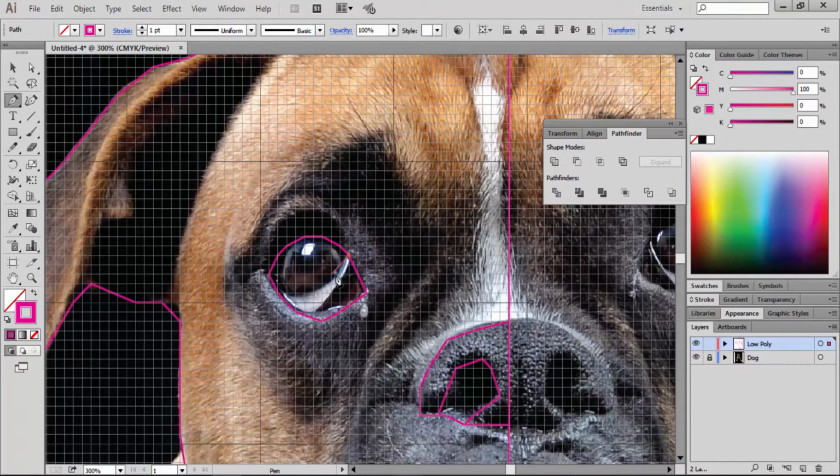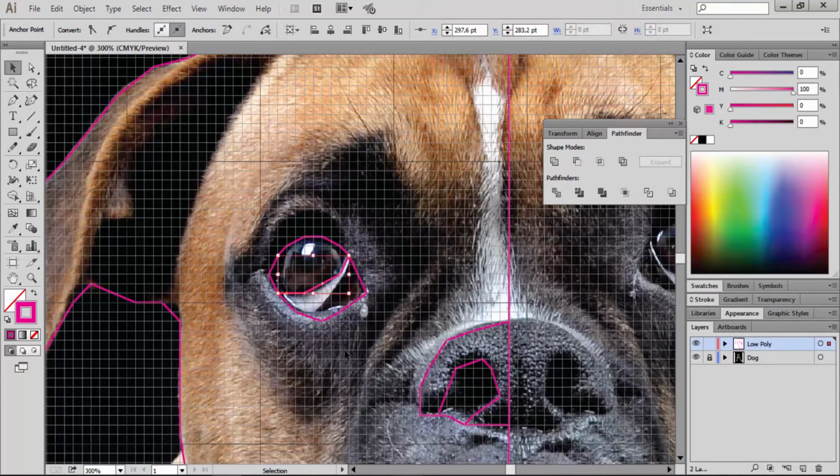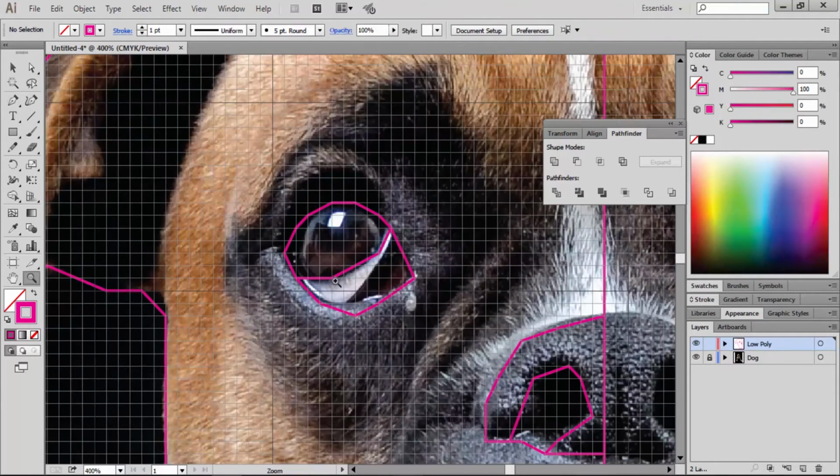Now let's draw this part of the eye. Oops. And now the white area. Oh, I messed up again. Okay, something like this could work.